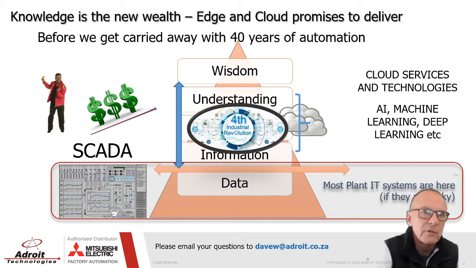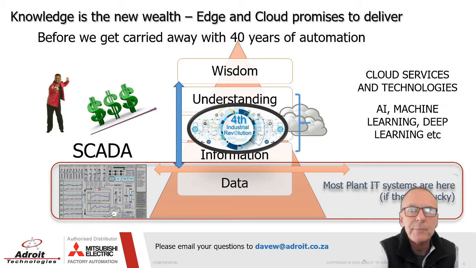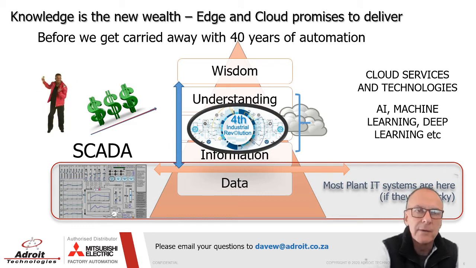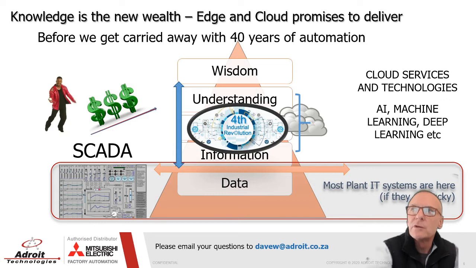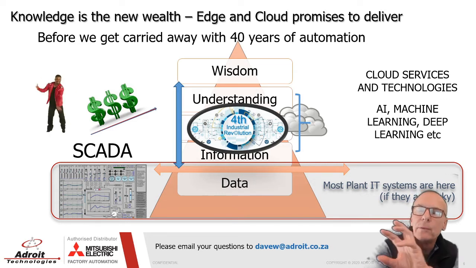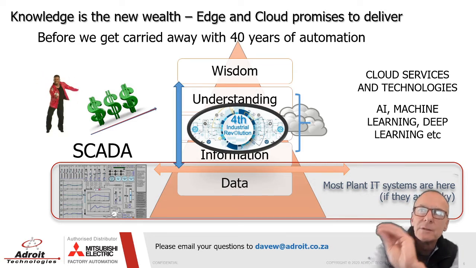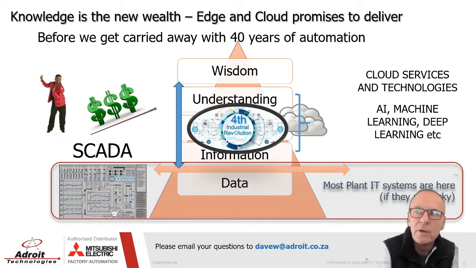The more data we've got, the better models we have, the better outcomes, the better we understand, the higher up we can go. So technologies such as AI, which encompass machine learning, deep learning, I'm not going to go into those today, but certainly those are the promised technology that will deliver and move us up the hierarchy.